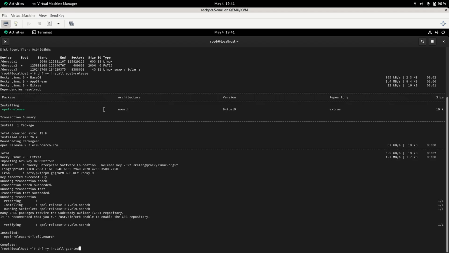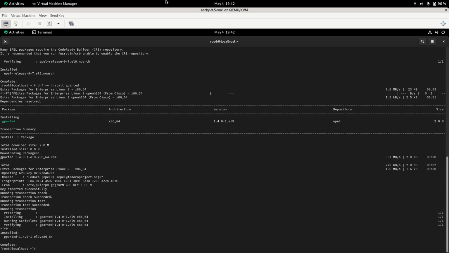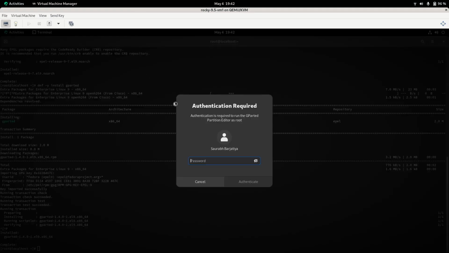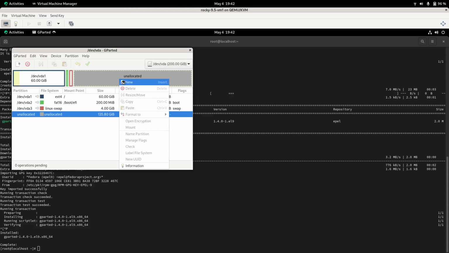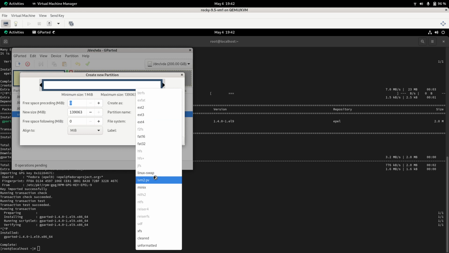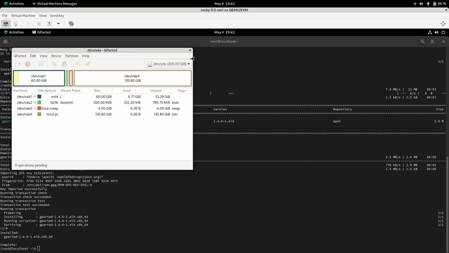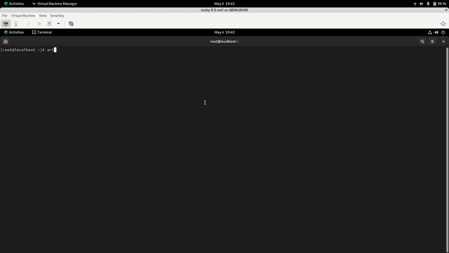So the EPEL release is enabled. Now I will install gparted. Now that gparted is installed, we will start gparted. I'll create the partition in the remaining space and choose it as LVM physical volume. Apply the partitioning scheme, and now if we look at the partitions on the hard disk,